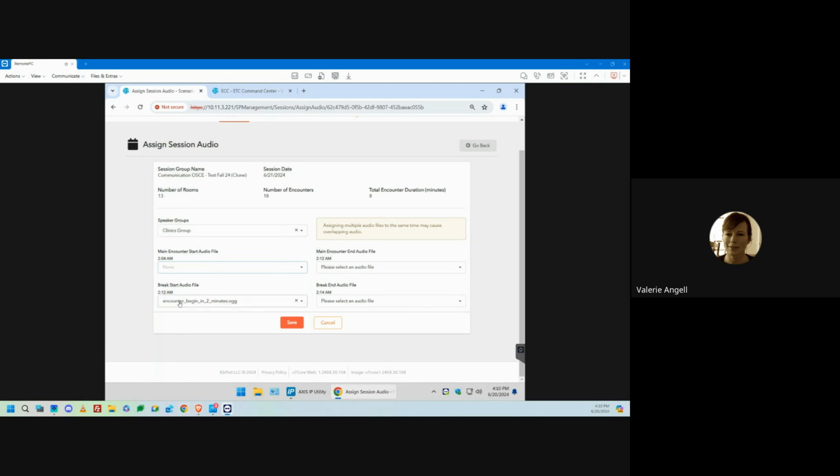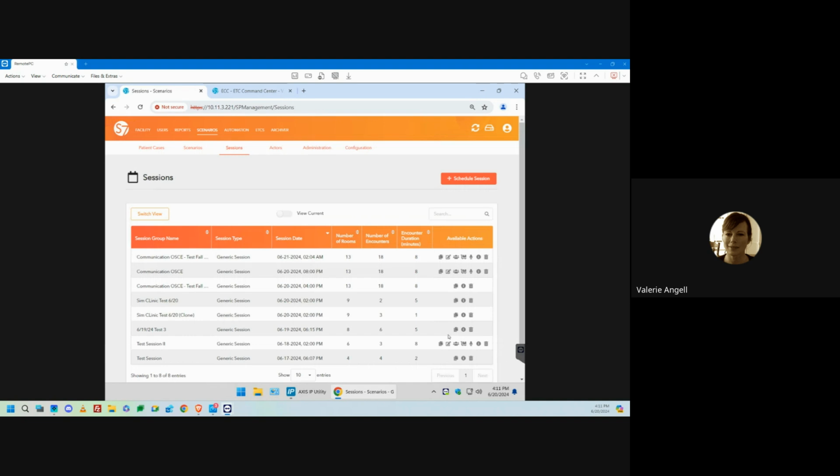But in this case, you'd set the break audio file to "encounter will begin in 2 minutes." And then probably I'd recommend "attention, please, start the encounter." And so this is going to play at the very beginning mark of the recording start, because we're recording the encounter. And then this other file plays at the 2:12 mark, which is the end of the encounter, but the beginning of the break. And it gives them some warning that in 2 minutes, this is going to happen. So all you have to do for that to be activated is save it. You can change it